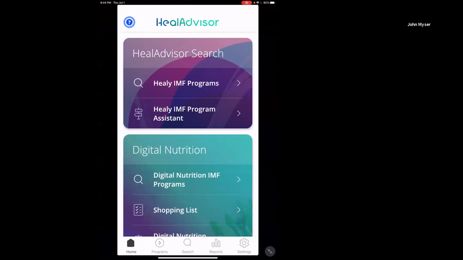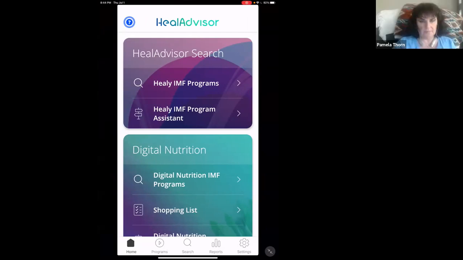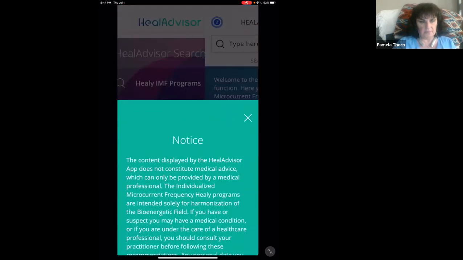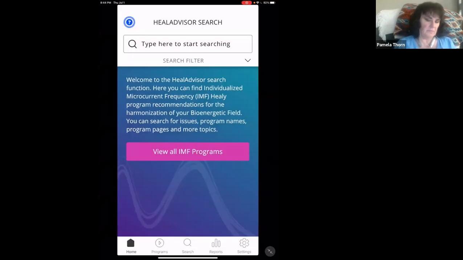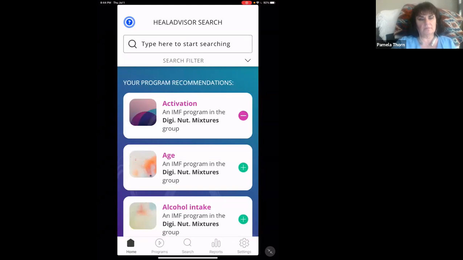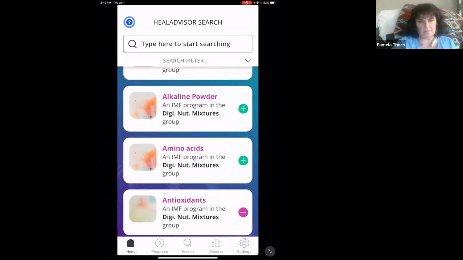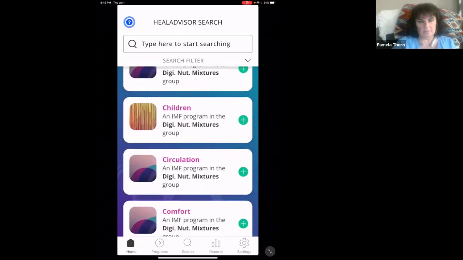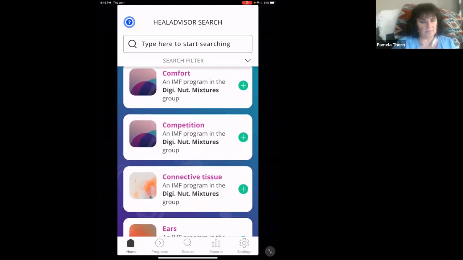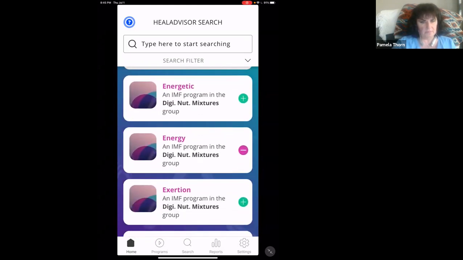So if you can see on here, you can see my screen. Can you see it, Pamela? Yep. Okay, so you see down here, it says digital nutrition programs. So I have that subscription. You know that we now have that in our Blue Dot app, but I actually have this where I can run it as microcurrents. So I can go view all the programs. So here they are. These are your digital nutrition programs that are there. So when I go through and run this, I can also add these frequency groups on my Pink Dot app.